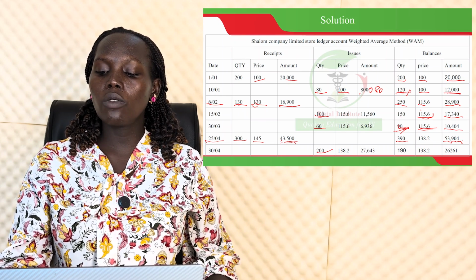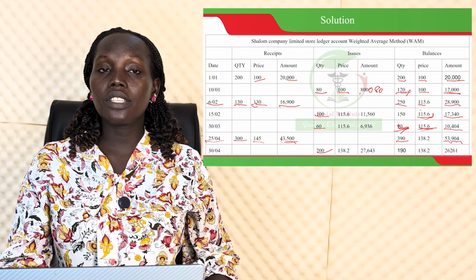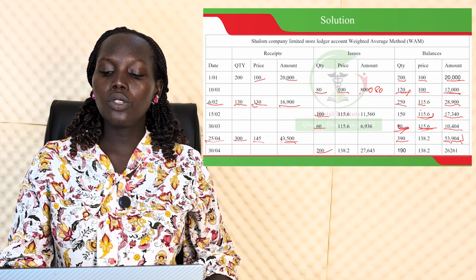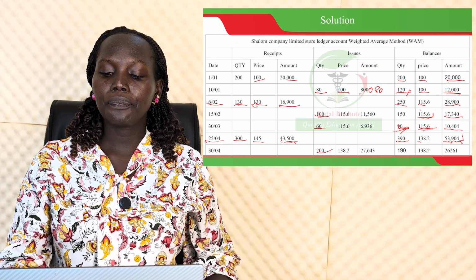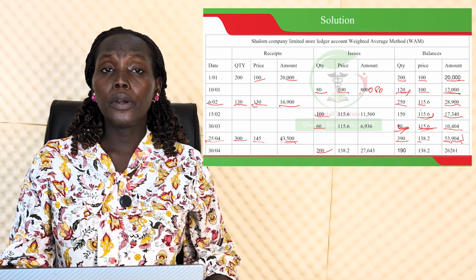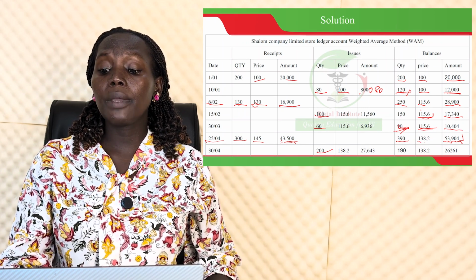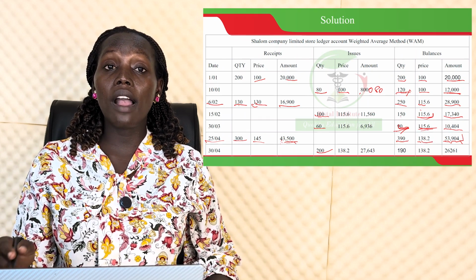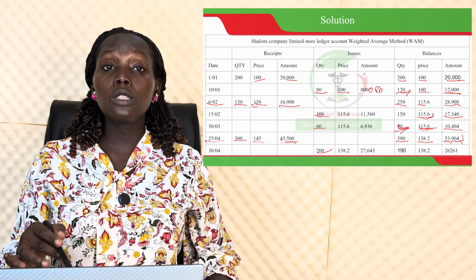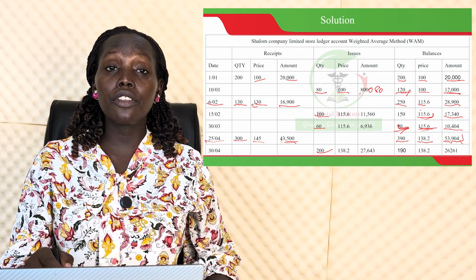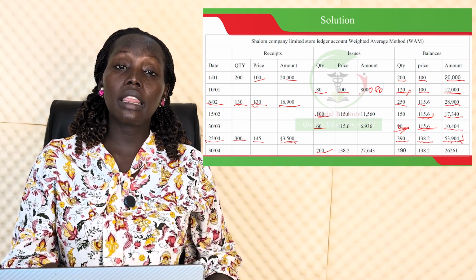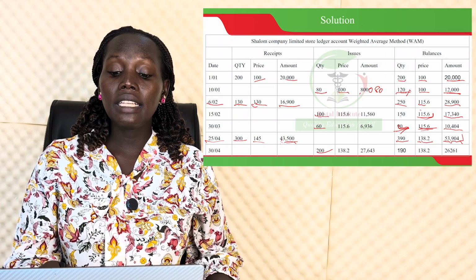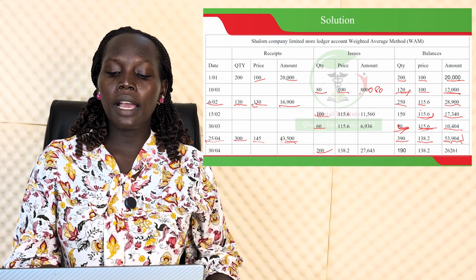So we get 53,904 divided by 390, which gives 138.22. So it means that this becomes our new ruling price. It means we are going to issue out these materials using the new ruling price, which is 138.2. So when we multiply, we get